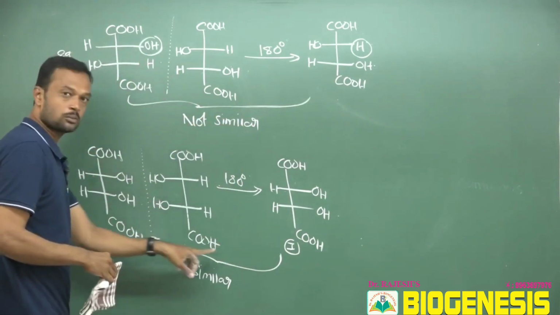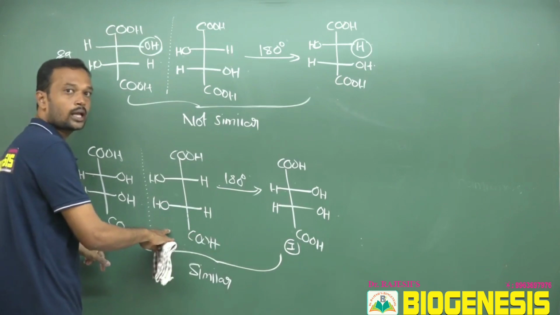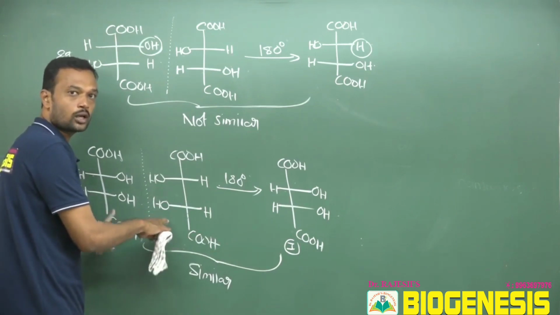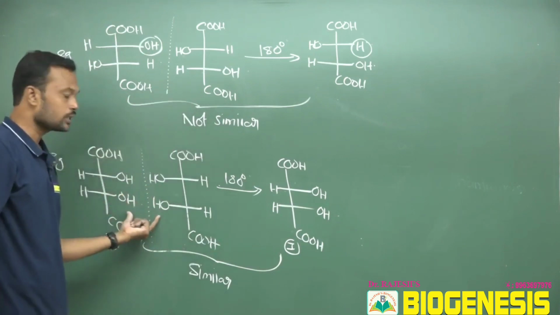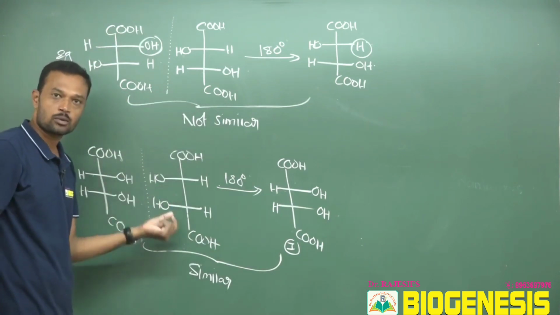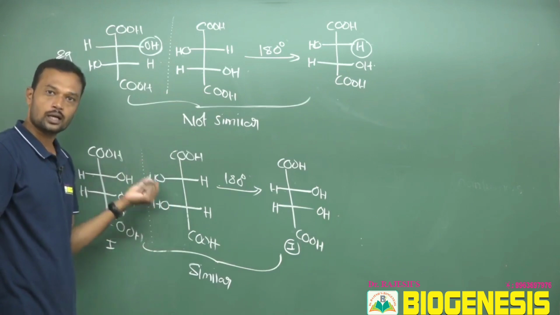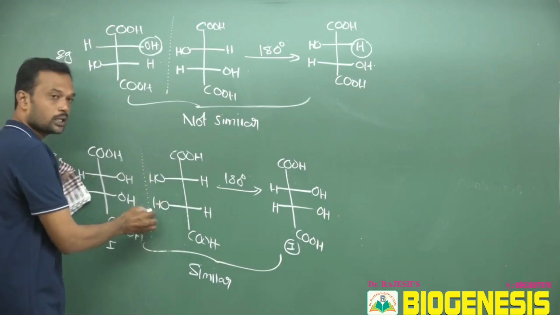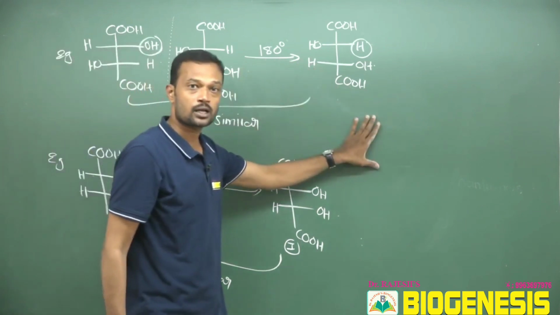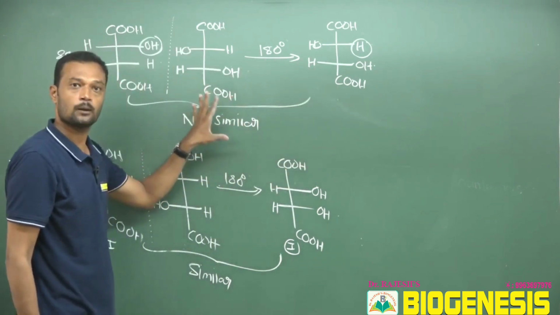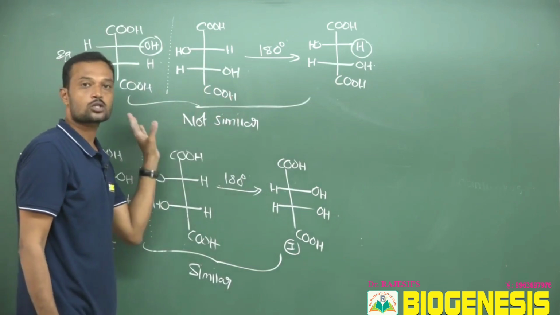But see, these two are similar, so we can say they are not showing enantiomeric property, and these are showing enantiomeric property. So here the molecule is a non-superimposable mirror image, that is the actual definition of an enantiomer. But before that, it is applicable for one chiral center. If the molecule carries multiple chiral centers, this statement is not applicable. So I hope you understand the concept of enantiomers.